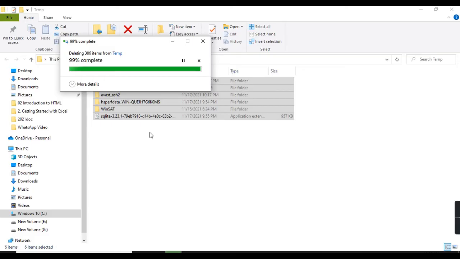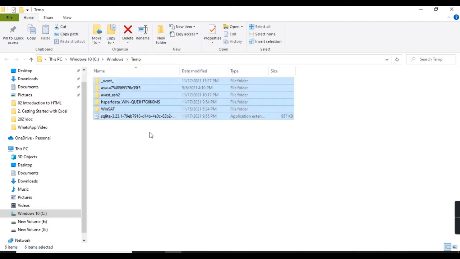We have to give it some time to delete everything. That is within a few minutes, a few seconds, depending also on the speed of your machine. If your machine is faster, it will do it quickly.